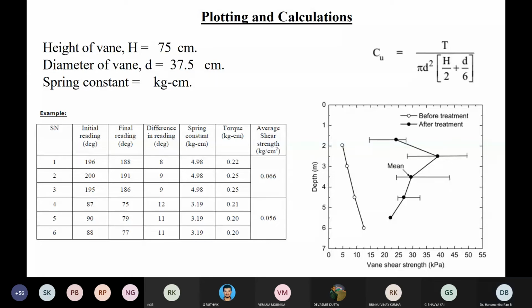Sir, in field, the confining pressure depends on what things, sir? The confining pressure depends upon the overburden pressure. There is a relationship between confining pressure and overburden pressure, which is called the coefficient of earth pressure. There is something called K, which also varies with soil type, no, sir? Soil type and how much the soil has expanded, length, breadth. Does it depend? No, it won't depend.